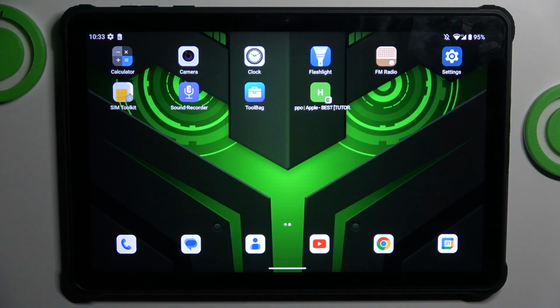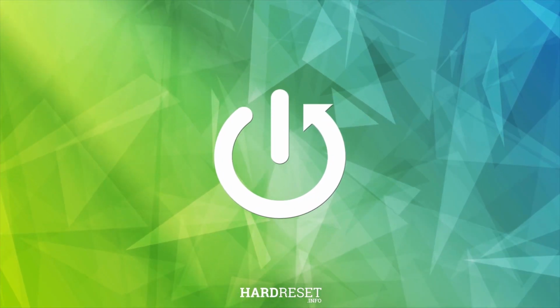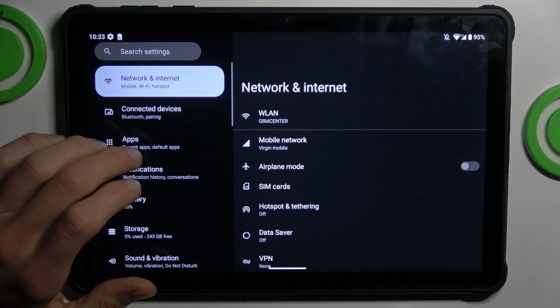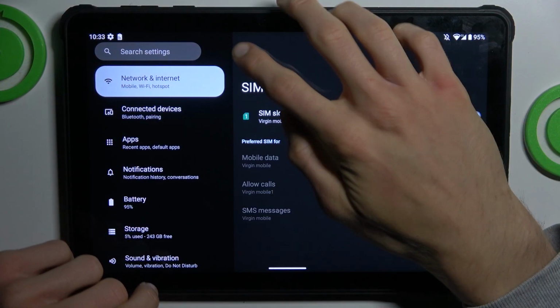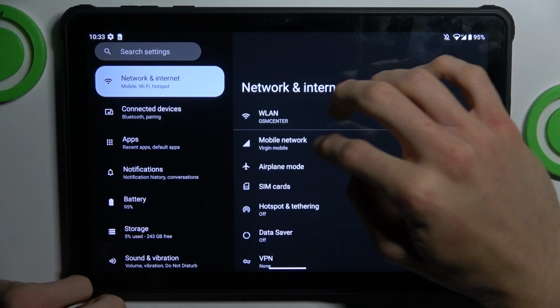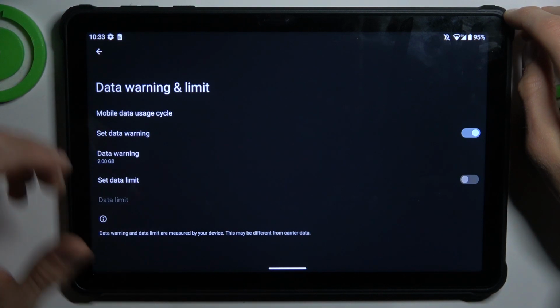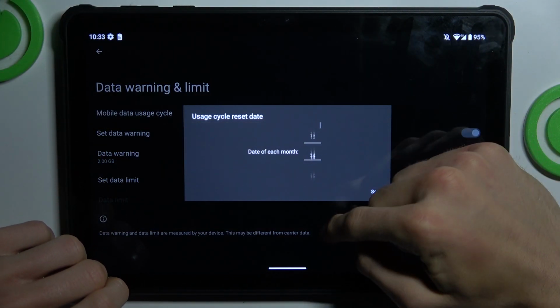Today I have OUKITEL RT8 and I want to show you how to set mobile data limits on this device. To do that, open the Settings application, where we choose our first function, Mobile network, and there we tap on Data warning and limit. As you can see, now we can firstly set the hour when our cycle